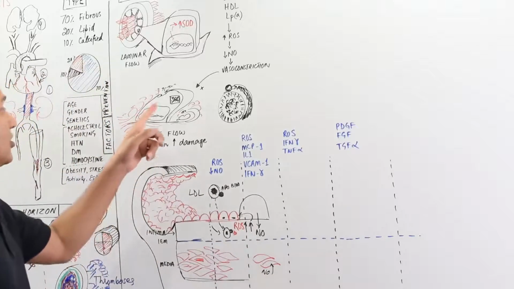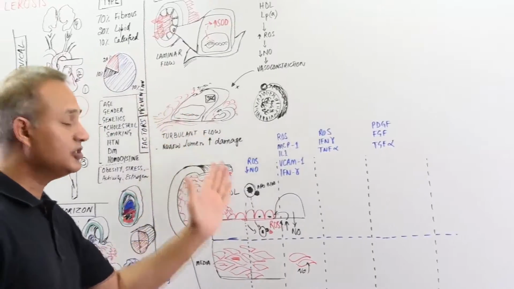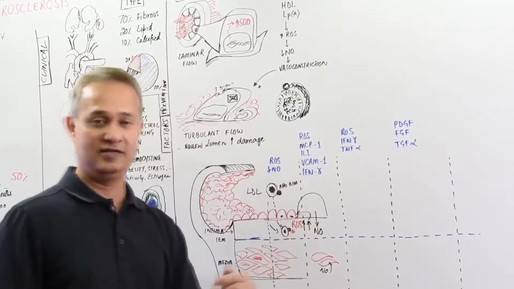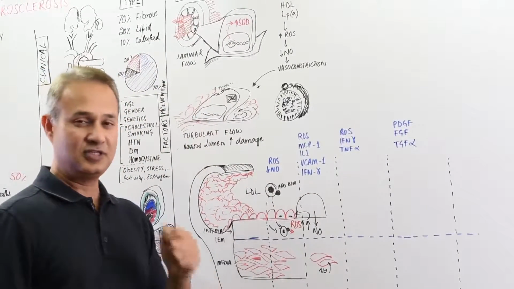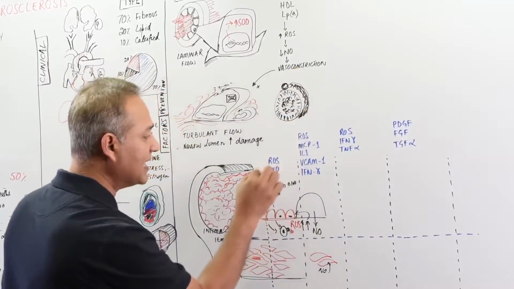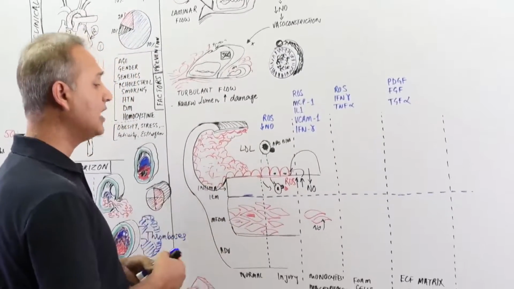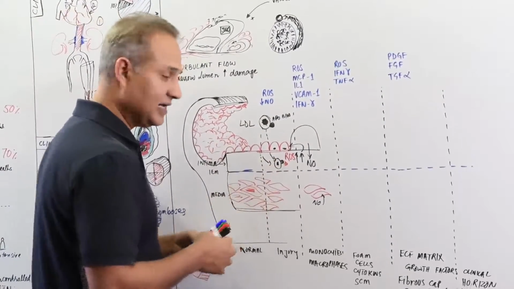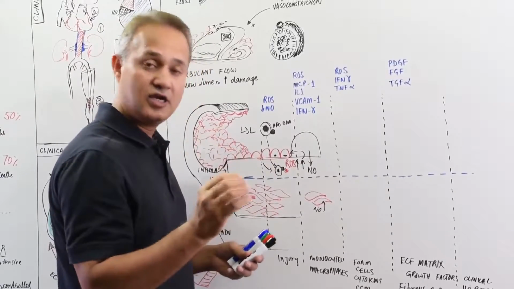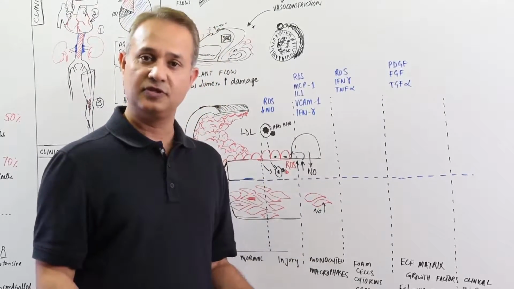That turbulence will cause shearing effect, and this mechanism of injury will start as well. So this is a very important point to remember. So anyways, first damage that happened was reduction of the nitric oxide. Now what happens is, this LDL, which is oxidized LDL, is a favorite of macrophages. They love it,